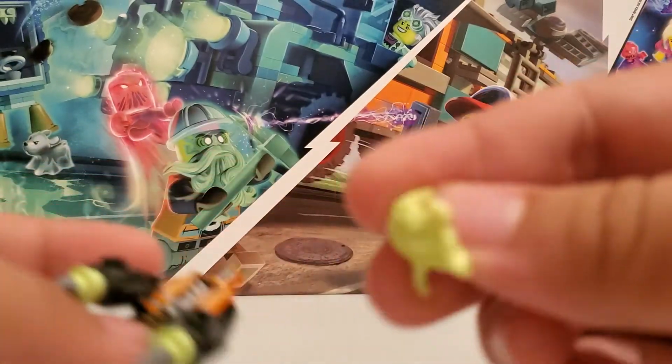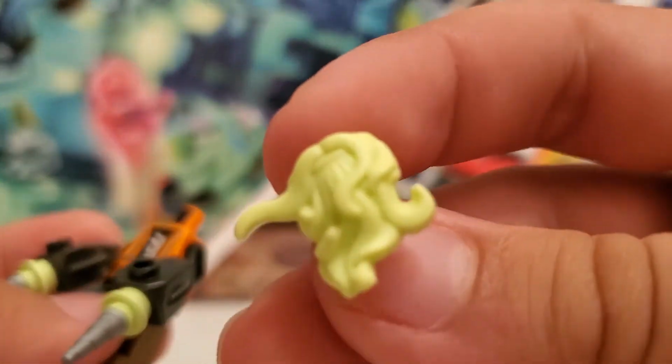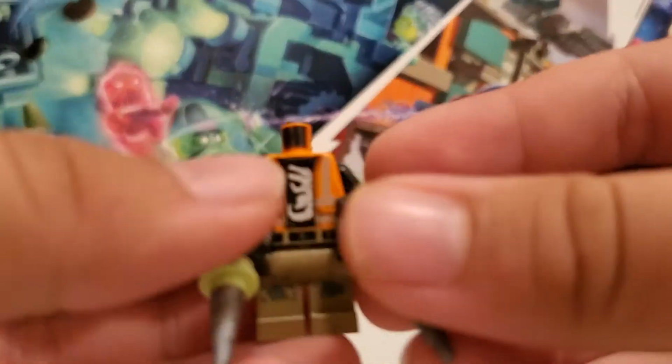And he also has this beard here, which is a hard plastic, which I was a bit surprised by. And he also has this alligator on his shirt, and these little drill things in his hands. So we can take those out,